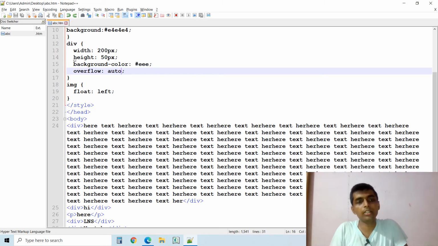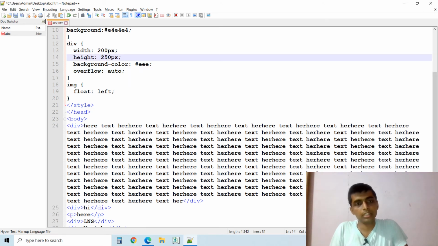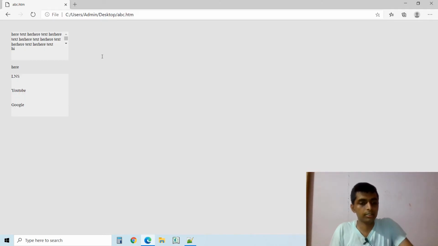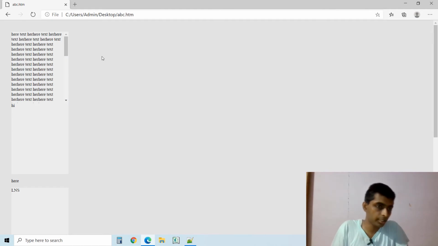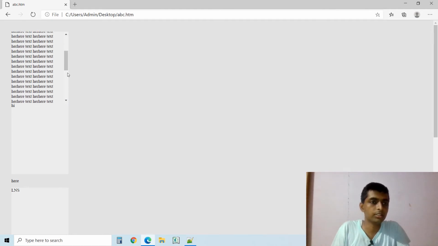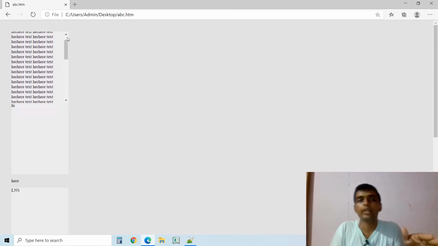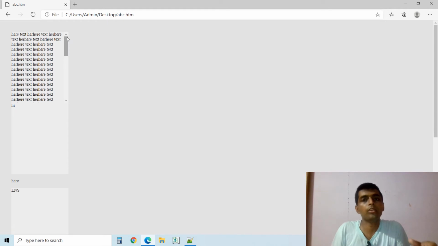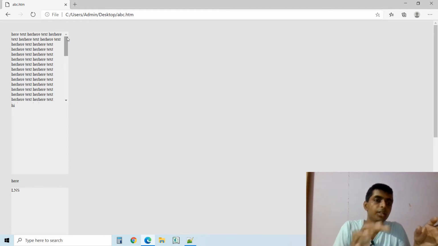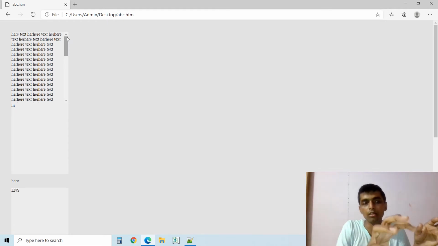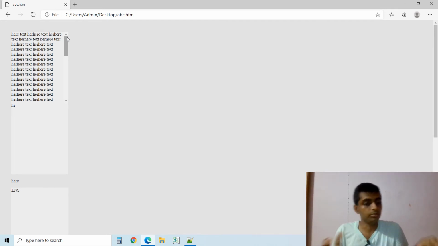Suppose you are not giving it auto, I am just setting the height like that, so you can clearly understand how this scroll fashion works. Here is some text like that. If you want to show more and more content in a scroll fashion within one particular div, you want to control it within a small part, so that particular overflow property will be used.